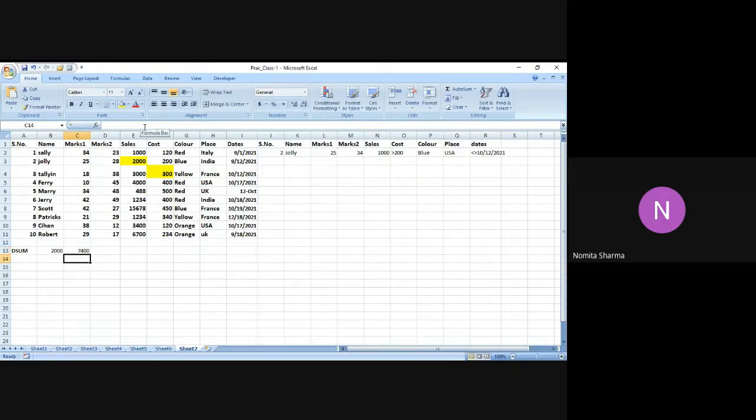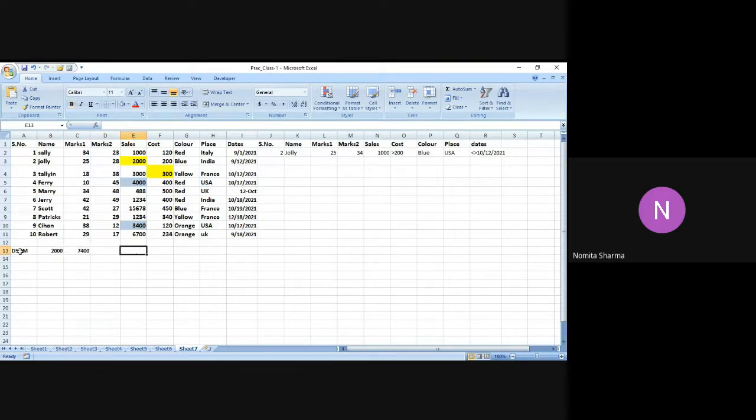So now if I press enter, you will see that the answer has come as 7,400. Now let me see how it is coming. So for USA, one answer is this. Let me change the color. That is why I often say that please be careful about the field that you are selecting in, because if you are giving the wrong field which cannot be counted or which cannot have any mathematical calculation, it will give you the answer as zero. So that is why I was getting zero as the answer. Now I can simply say that the total sales done in a country USA is 7,400, and there is the answer which I have got over here.